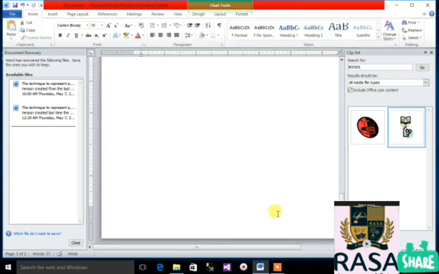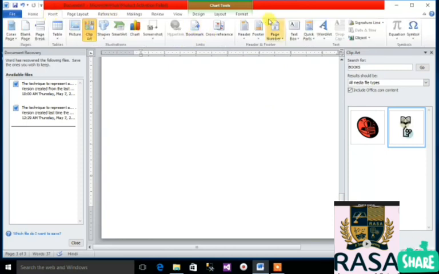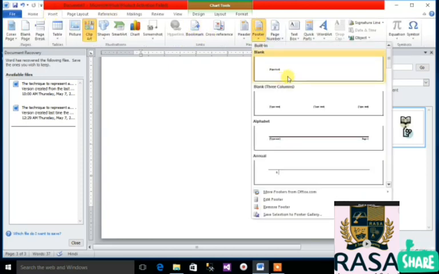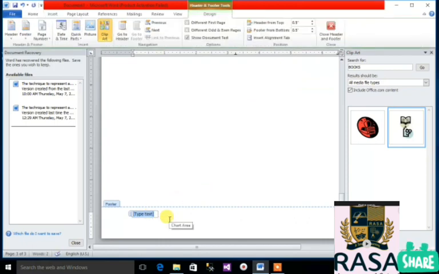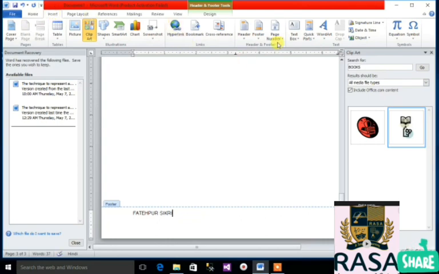In the footer section, if I'm inserting footer like this, I have inserted footer, so you can type Fatehpur Sikri as an address.